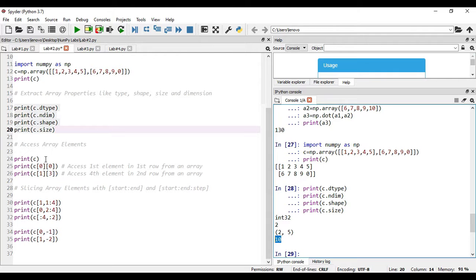As I mentioned, the print statement print of C gives all the elements of an array. Now we will see how individual elements can be accessed, that is by mentioning the index values of the row and the column.